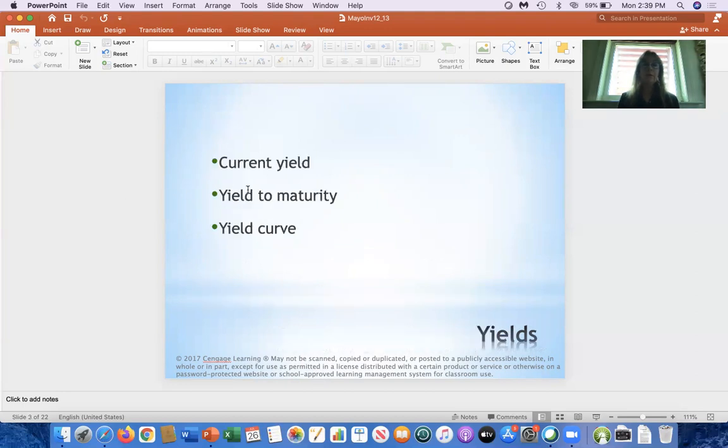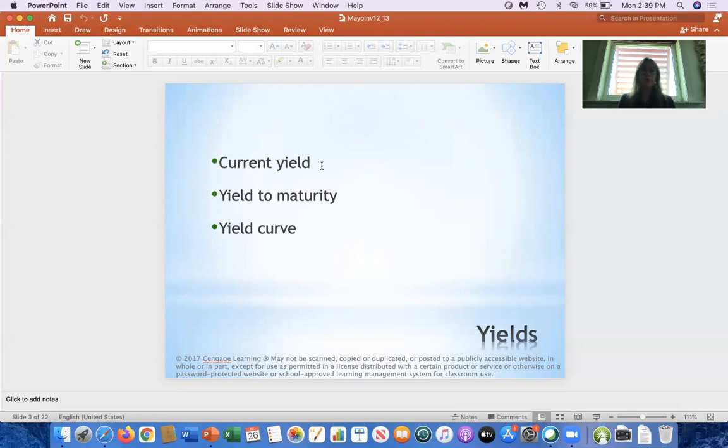Okay, so you can calculate the yield to maturity. That's the overall rate of return you're getting on the bond. There's two components to the yield to maturity, the current yield and the capital gains yield. The current yield is simply telling us how much we are making per year on this bond. That's simply the annual interest payment divided by the price. So if you take what your annual interest payment is and divide it by what you paid for the bond, that's your current yield. That's what you're making every year off of the